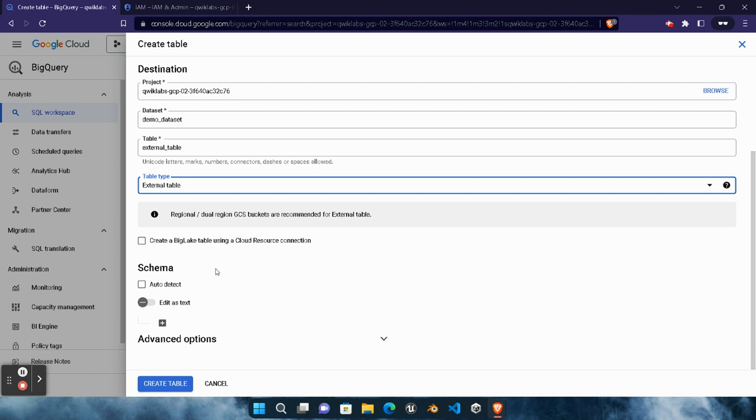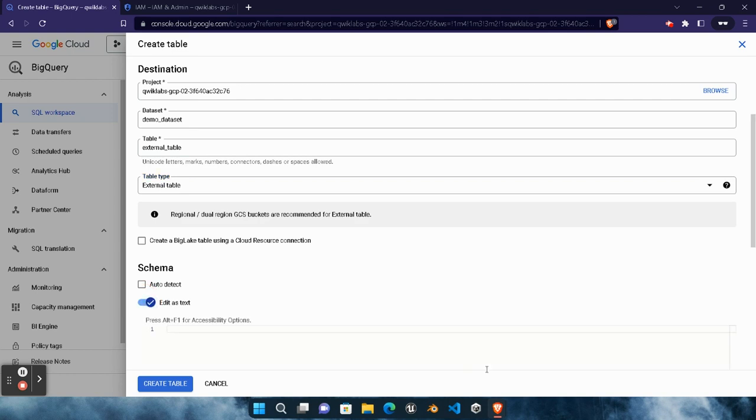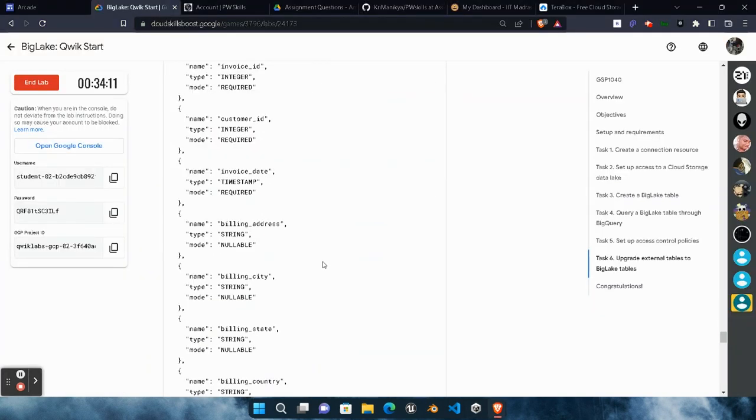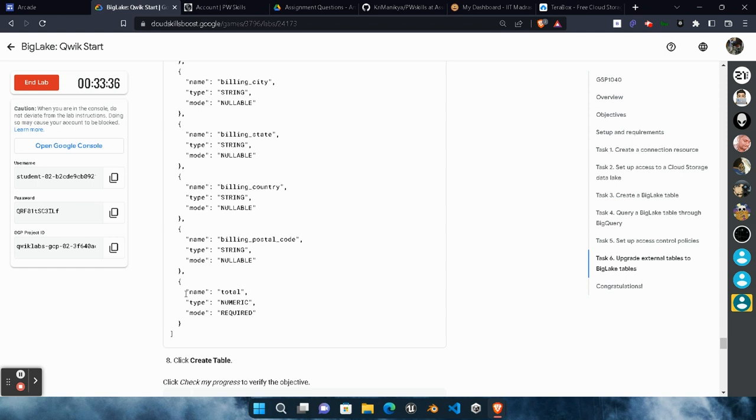Now this time we don't need to select this create a big table. We don't need to click on this, let it stay unticked. Click on the edit as text button, enable this. Now come back to the lab, scroll down, keep scrolling and make sure the last of your code column looks